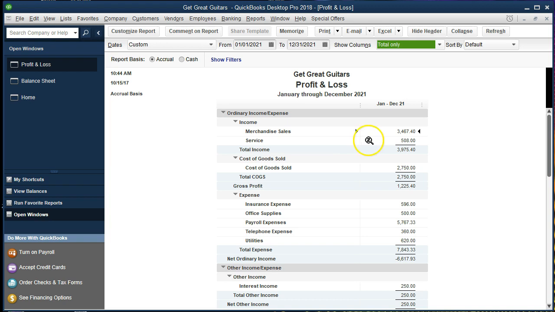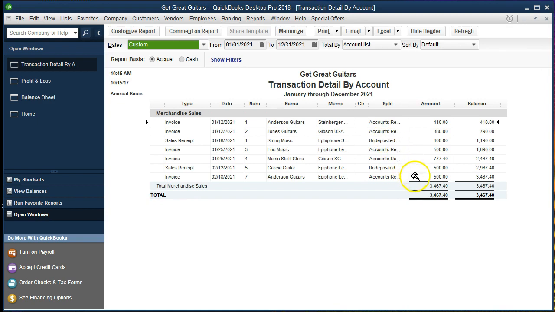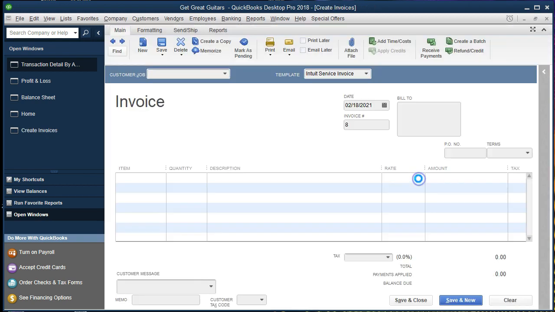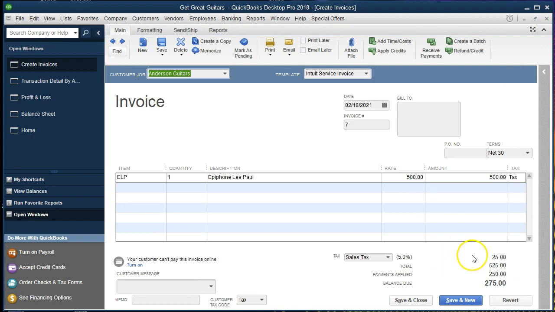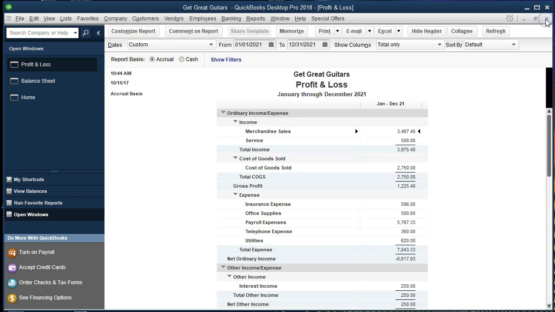If we take a look at the sales then, in the merchandise sales, double clicking on merchandise sales, we see the 500 here, not the 525, but only the sales amount, not including the sales tax. Double clicking on that item, we see the 500 and the invoice that we have generated. Now we're going to look at that 25, the difference now. So if we close this back out, and close this back out,